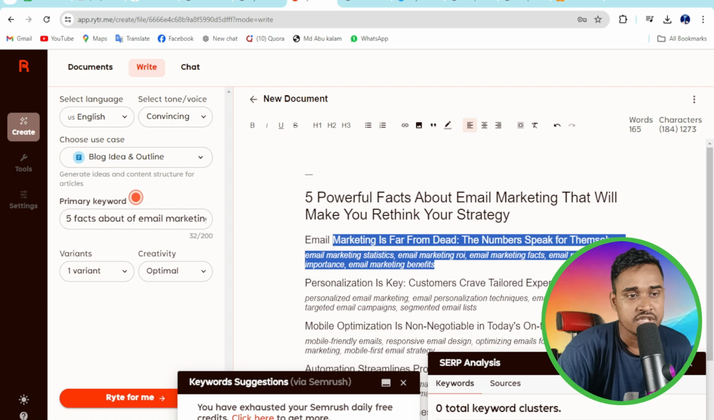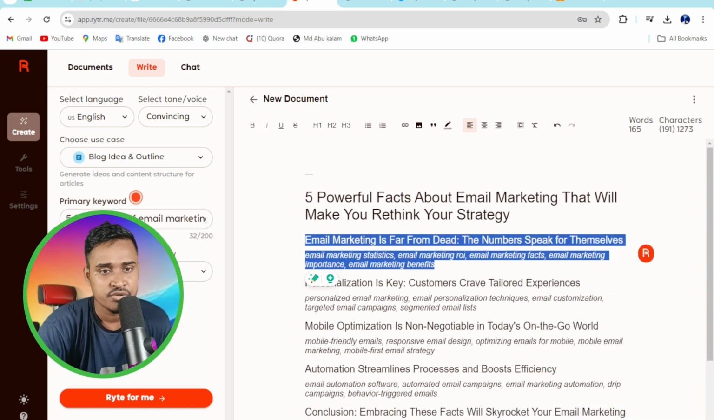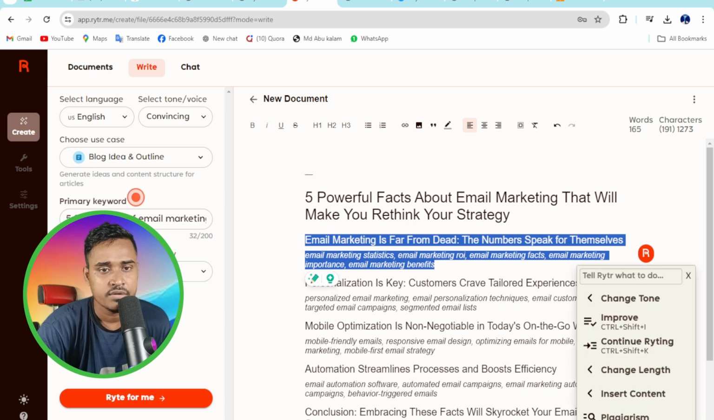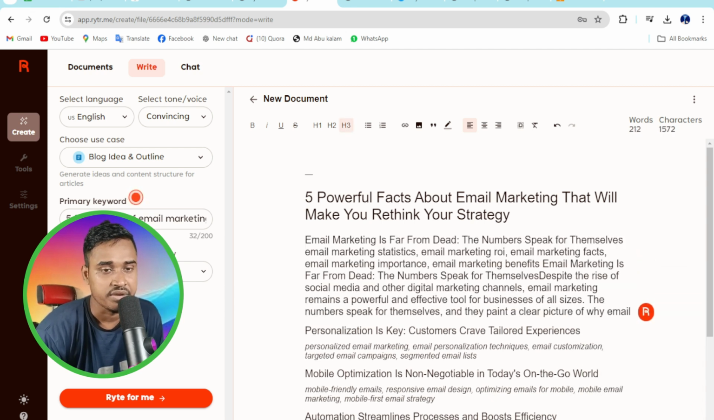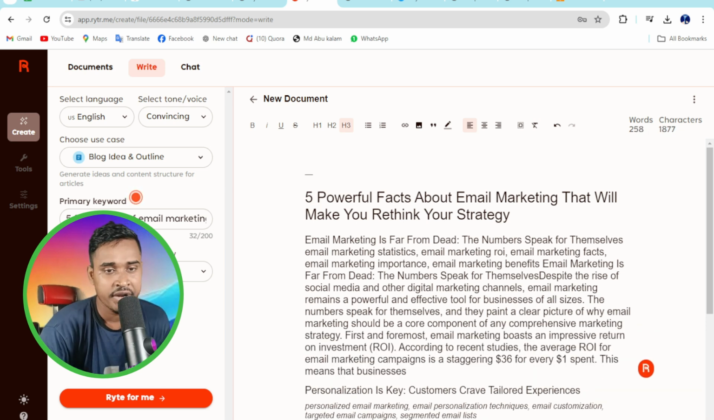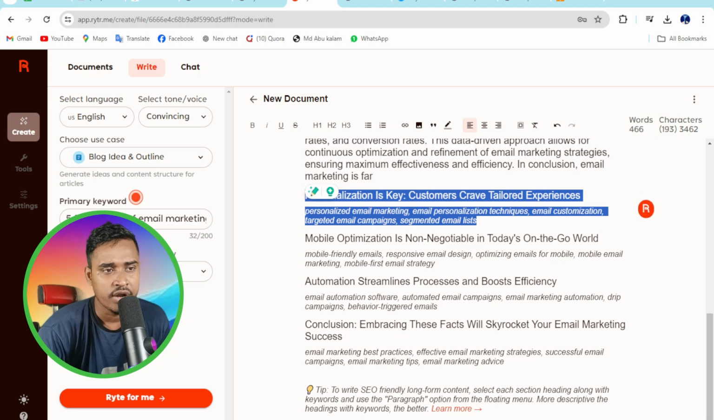strategy. So you just need to select your headline, then unmark this option, just select Writer Me, then continue writing. Just select continue writing, then it automatically writes a script for me. Wow, it's really good. So now scroll down, then select the second one,